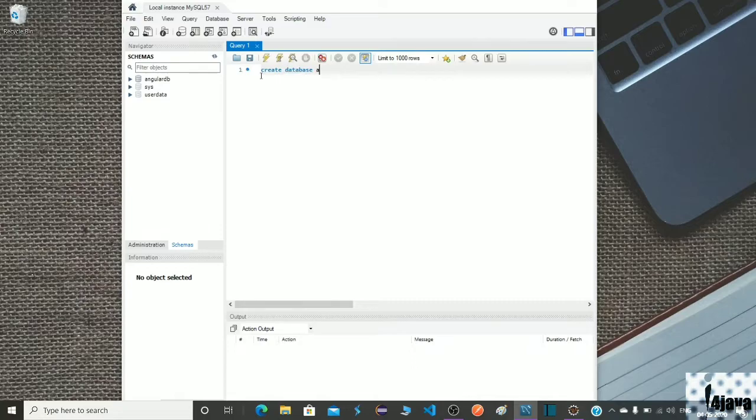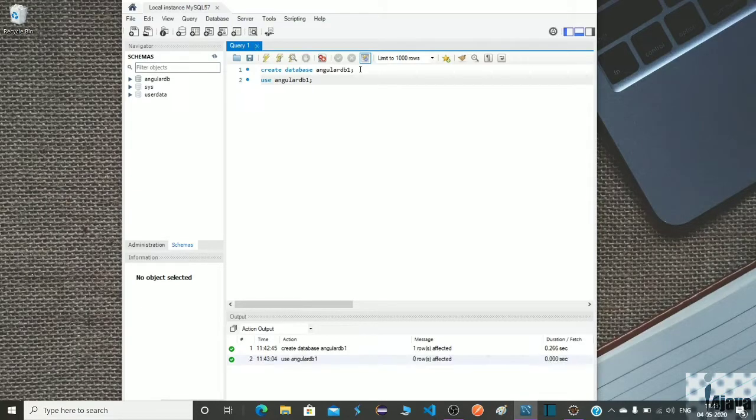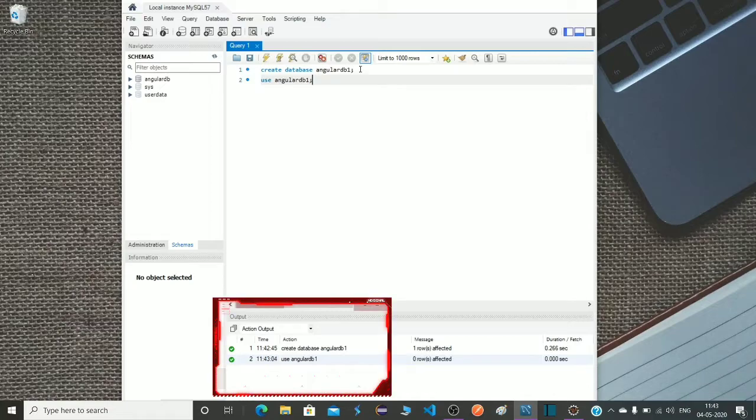I am using Angular DB1 here, semicolon, and press Ctrl Enter. Okay, you can see here success message, our database has been created. And let me use it, use Angular DB1 and press Ctrl Enter. Okay friends, our database is ready.